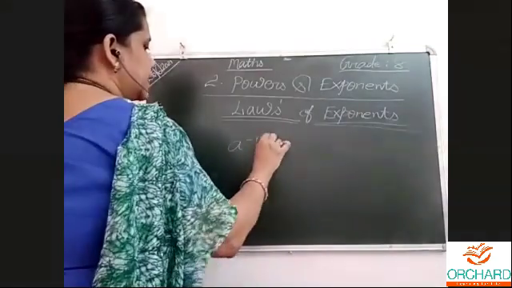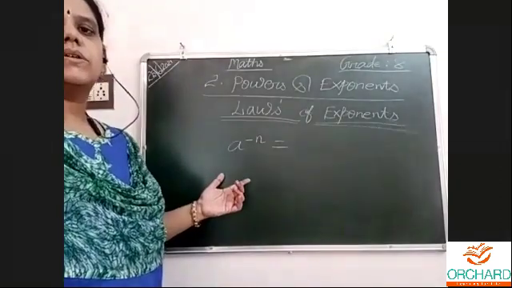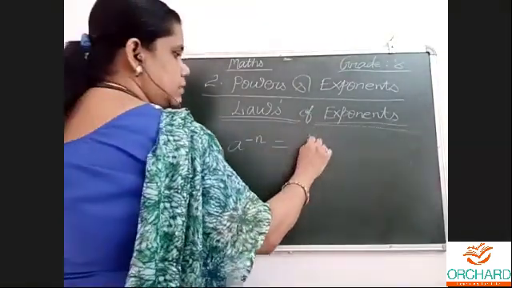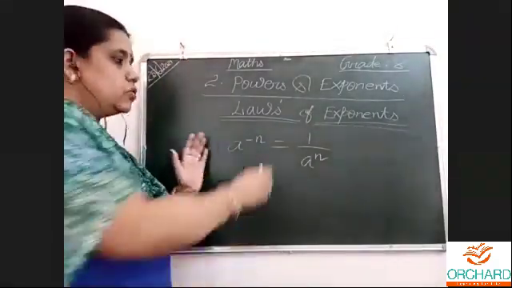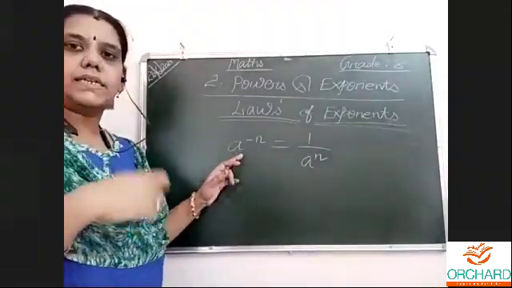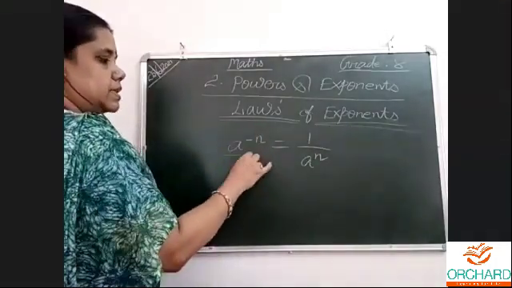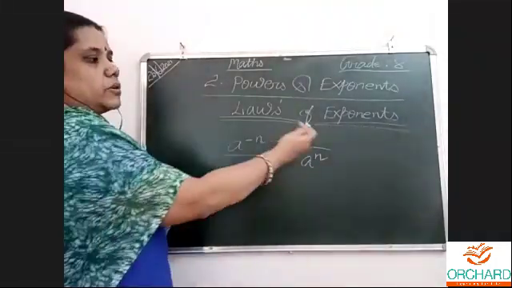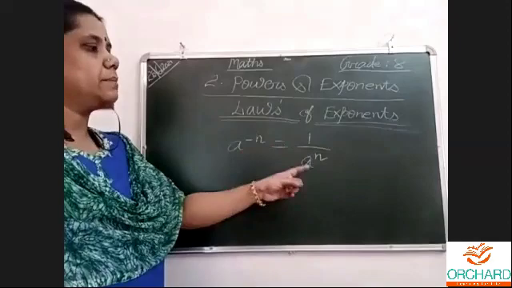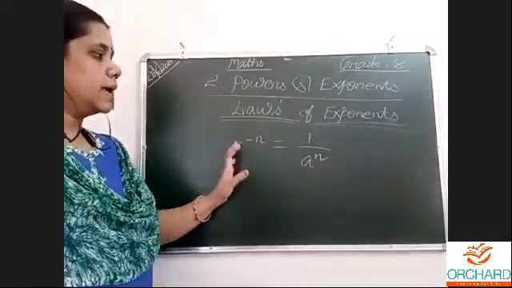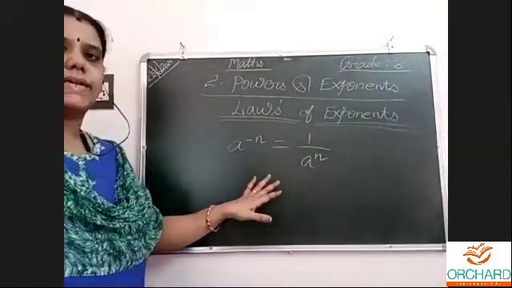Then if the power is negative, we have to bring it as a positive and solve. So this is 1 by a power n. This will go down. The numerator 1, when we write the reciprocal, that is 1 by. If this number alone is there, it means it is divided by 1. The reciprocal of it: when the negative sign number goes to the denominator, it becomes a positive sign. A power minus n means 1 by a power n. Then we need to solve that.